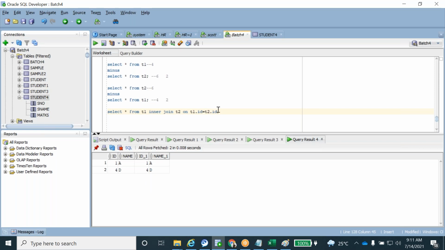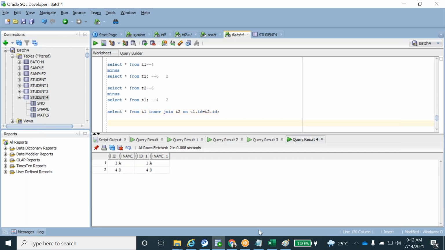Clear, right? Inner join is clear, right? Any doubts on the inner join? These are the important topics: set operators and inner joins. In real time, you may be required to join 10 tables in a single query. You have to practice more on joins and set operators.